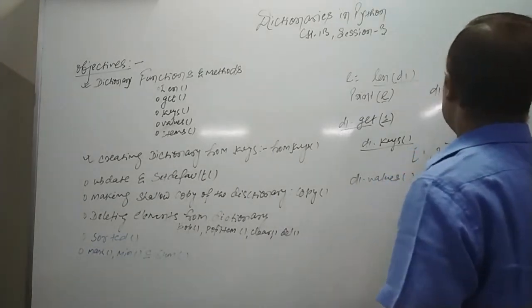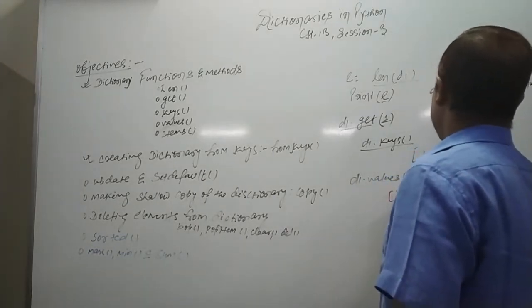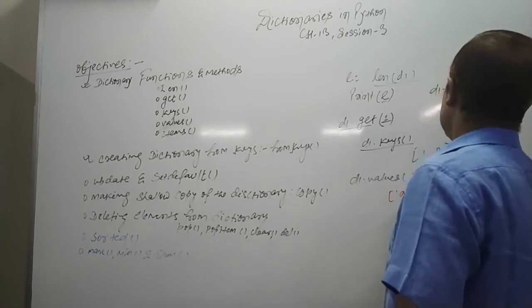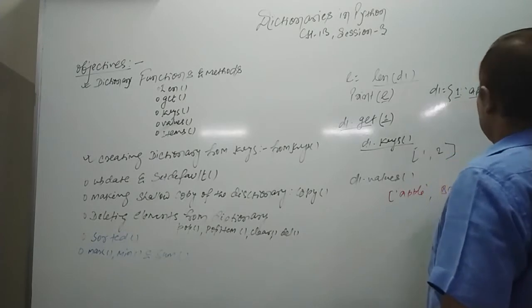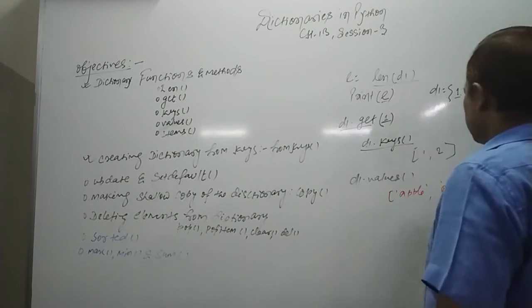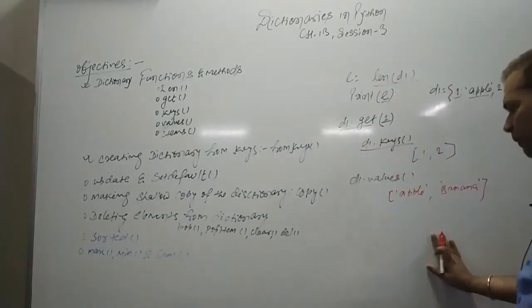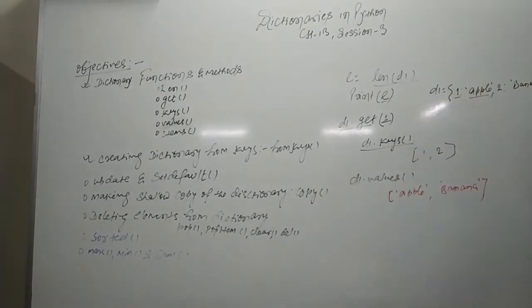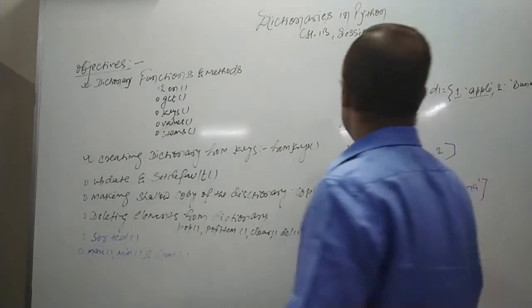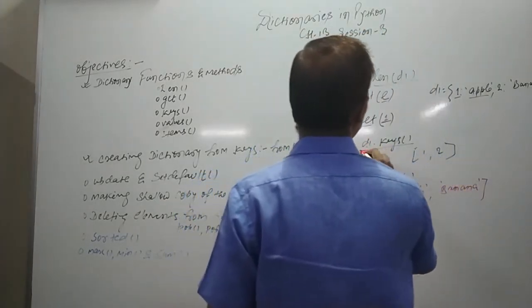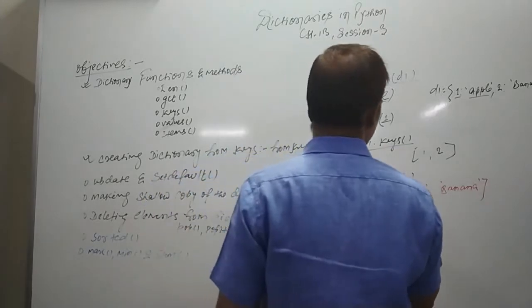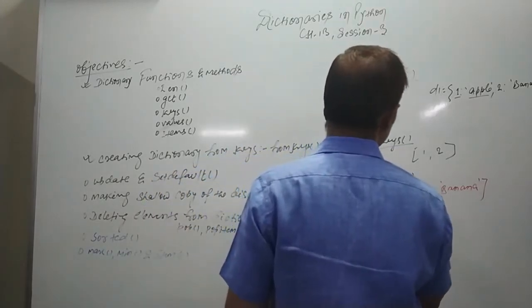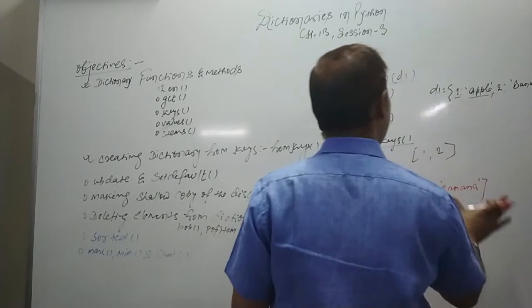Suppose in this case it will give you apple, since apple is a value, comma, banana is another one. But mind it, it returns a value. It directly cannot display the data, so you have to take a variable name. For example, if I'm saying x equal to d1 dot values, d1 dot values will give you simply the values. It's very fine, no problem.